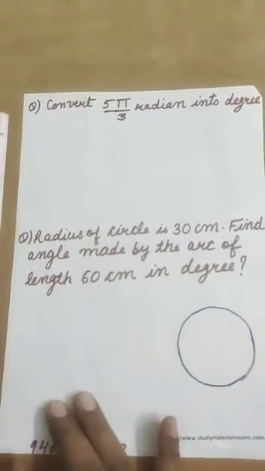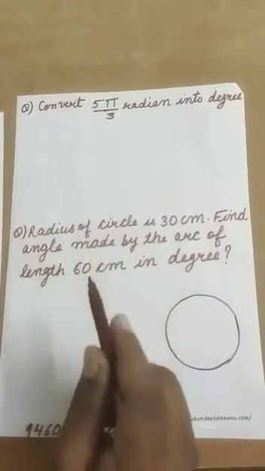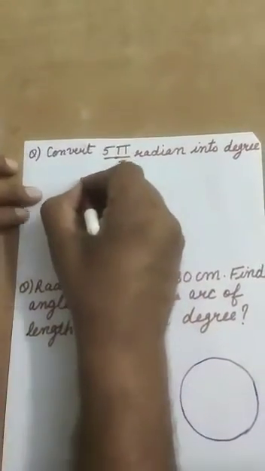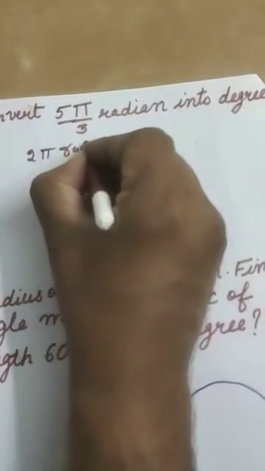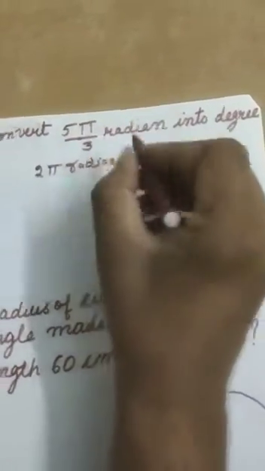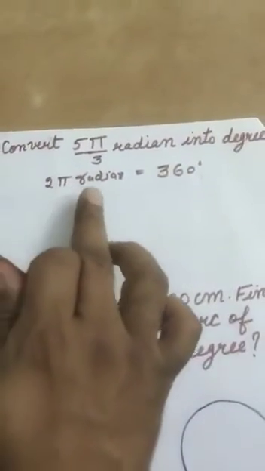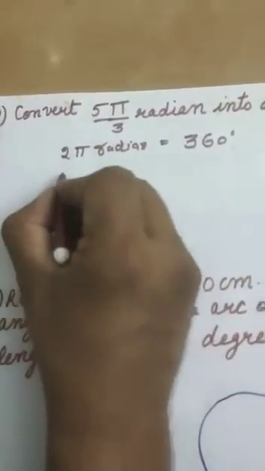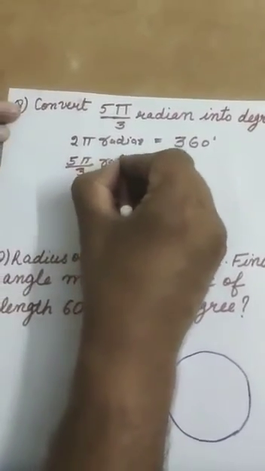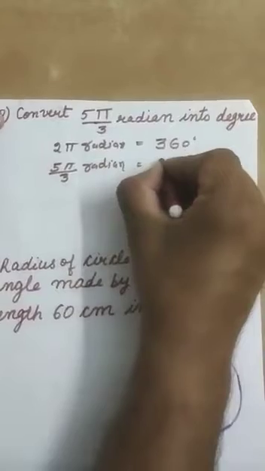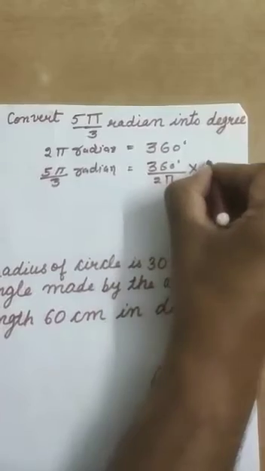Now we will move to the next question. Here there is an easy question: how do we convert 5 pi by 3 radian into degree. Friends, we know that 2 pi radian equals 360 degree. I have written 2 pi radian equals 360 degree. Here we have 5 pi by 3 radian. So I will write 5 pi by 3 radians equals 360 degree divided by 2 pi multiplied by 5 pi by 3,